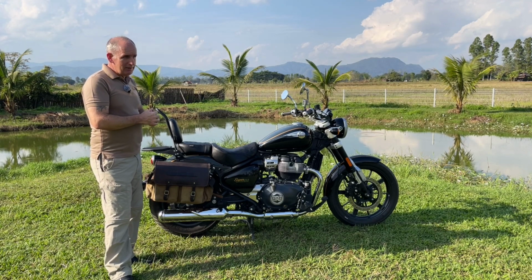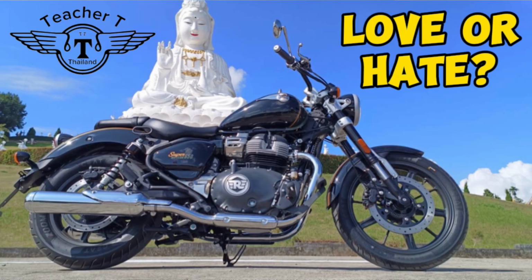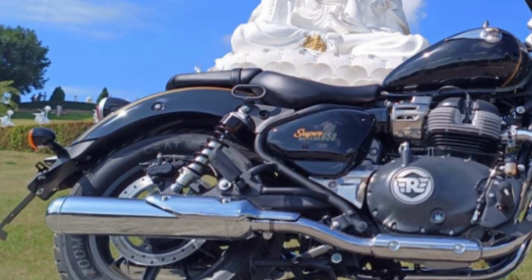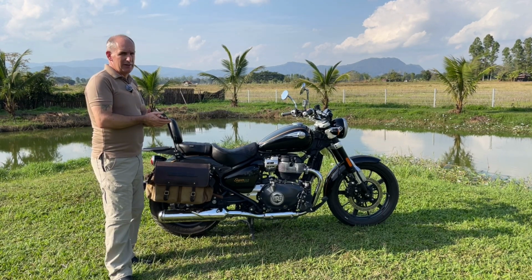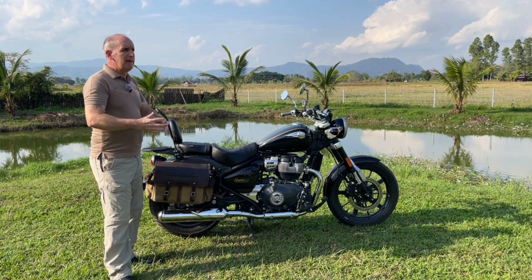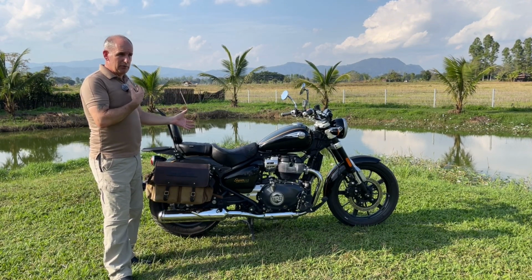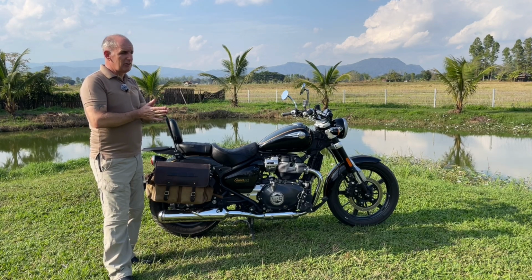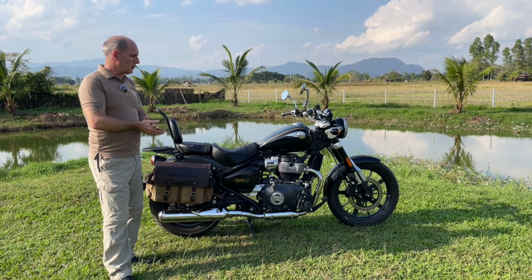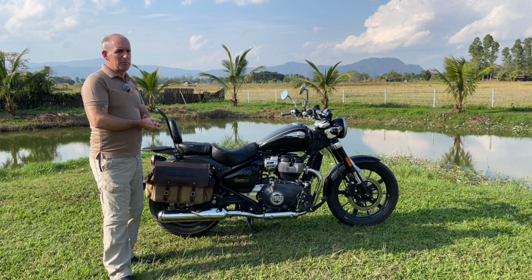On the bike side of motorbike, not so good. The seats, not comfortable. The suspension, not fit for purpose on the rear. The front end is okay, but the rear is not. Comfort issues, there's definitely a problem. It needs tweaking, hence the reason today I'm going to talk about what I've done to make the bike more comfortable for me, my preferences, and hopefully that will help you choose and make decisions how you're going to change your bike to make it more comfortable, because you will in time find out that it's not a comfortable motorbike,